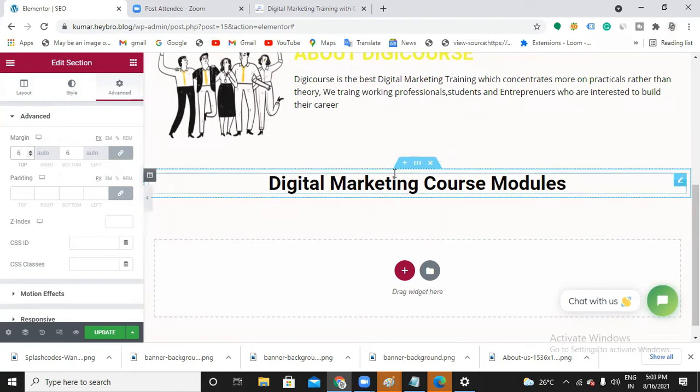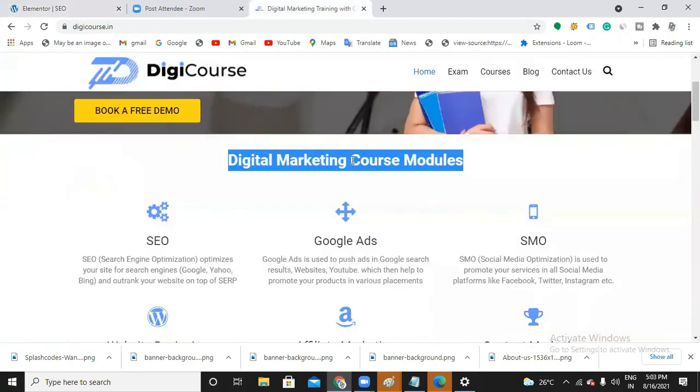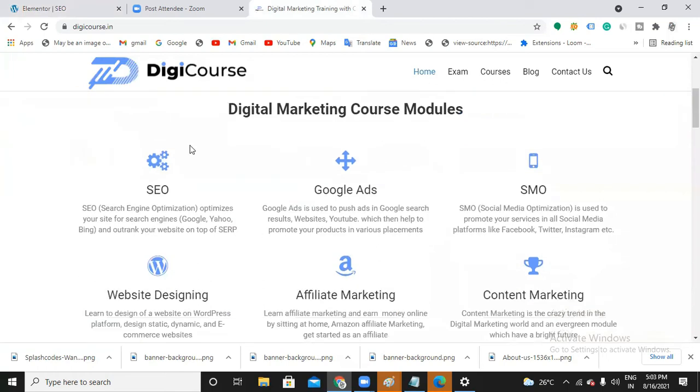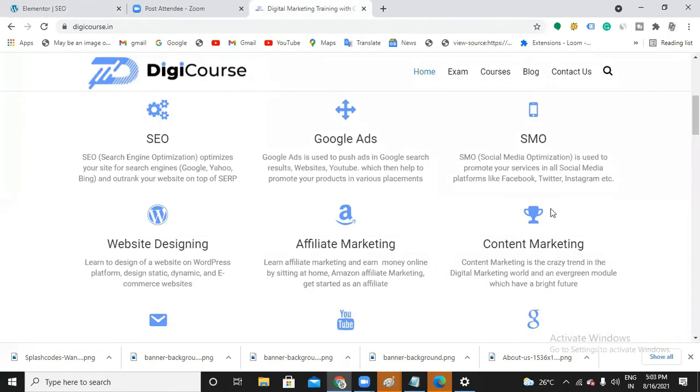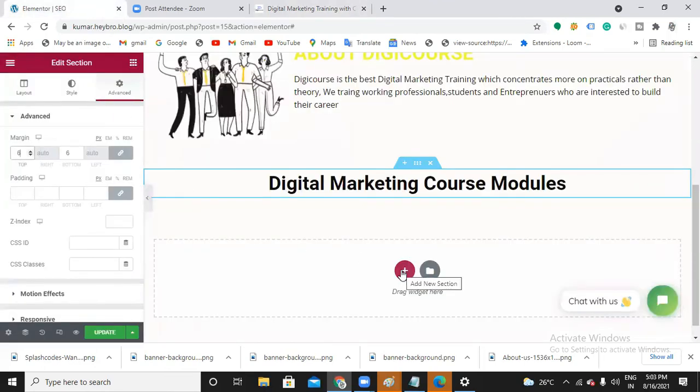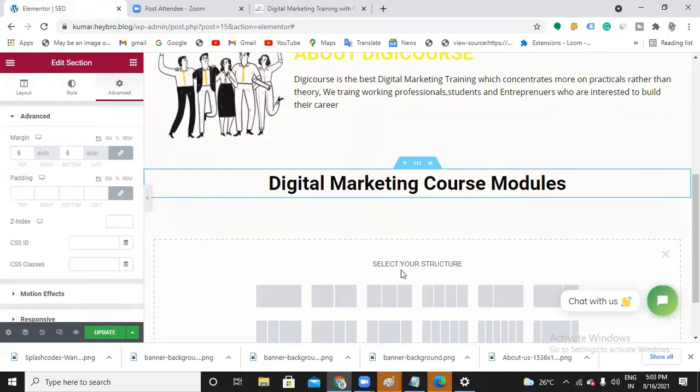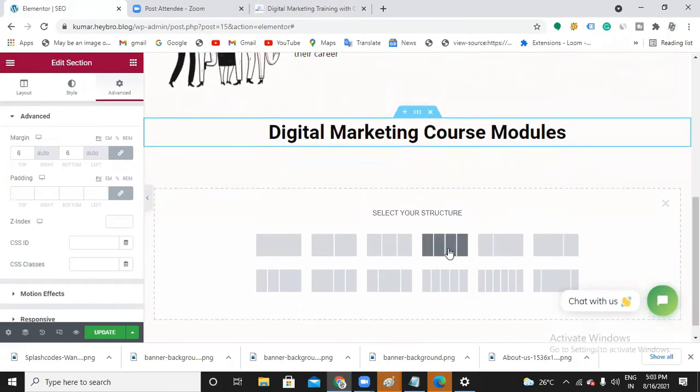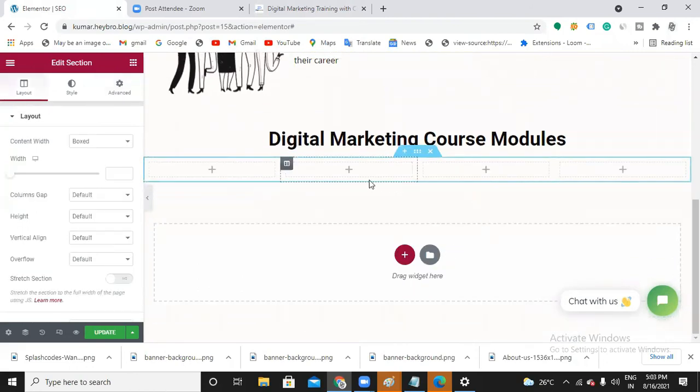Now I have text as well. So what is next? I need to add the modules, right? The content. I'll change a little bit in this module. This time I'll take 4 structures. 1, 2, 3, 4.